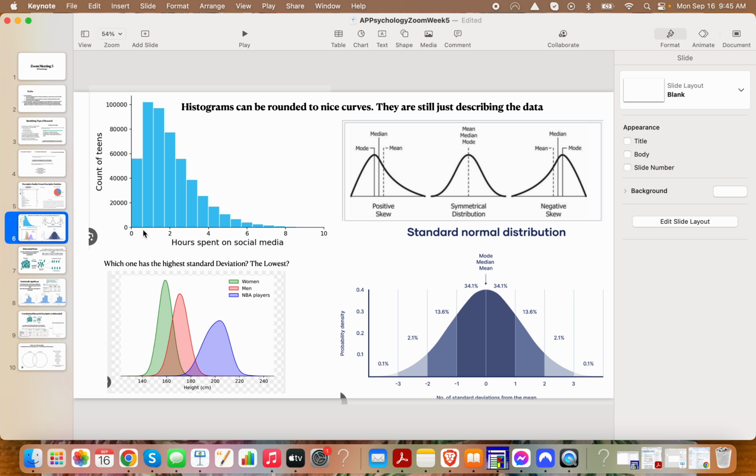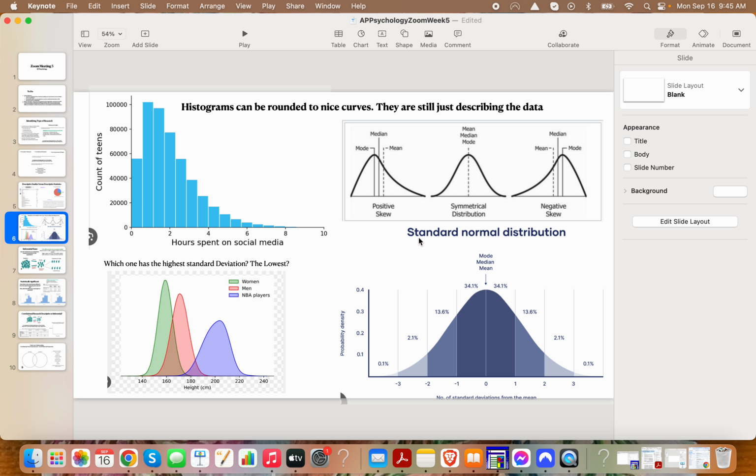Between 0 and this value, how many people fit in that bucket? I can take a histogram and I can just smooth it out. This could be placed right over this. I could smooth out this curve, and then I call it a distribution. And the people fitting under this curve are the people fitting in these buckets, but we don't see the buckets